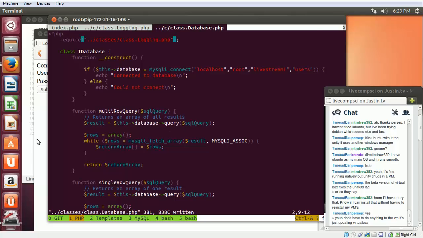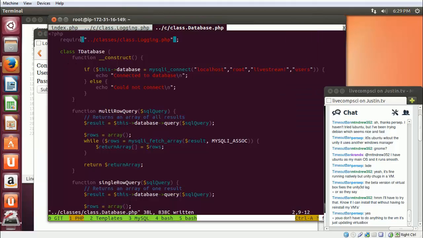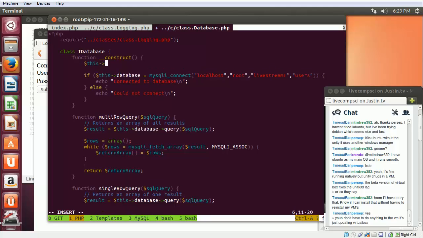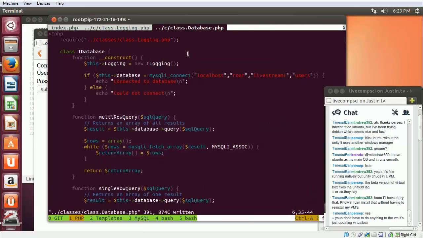Let's just see if that's true or not. Yeah, it's not true. Hold on, I think it actually is true. Maybe. No, apparently not. Apparently require isn't strict like that. I think it was at one point. I still use require once. Alright, so now